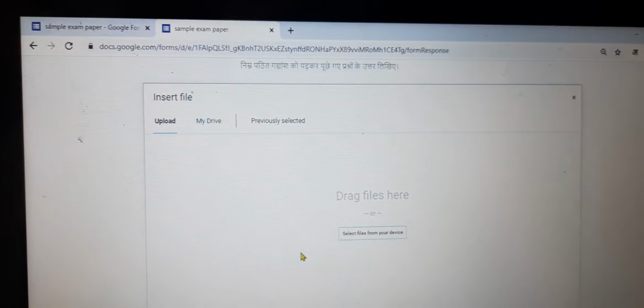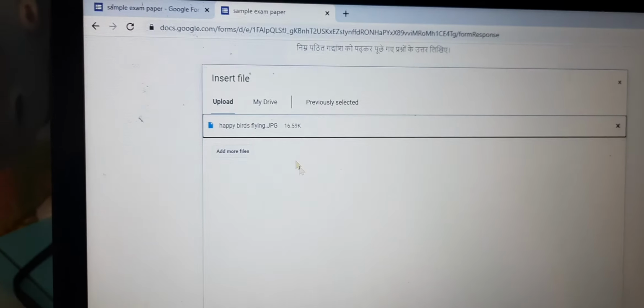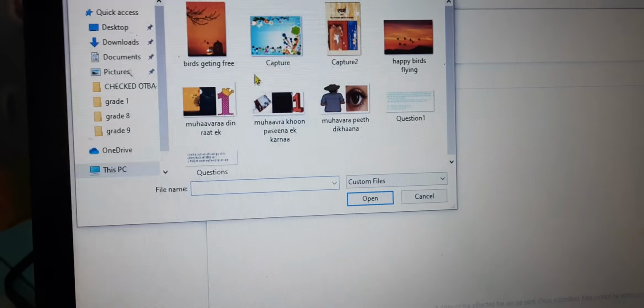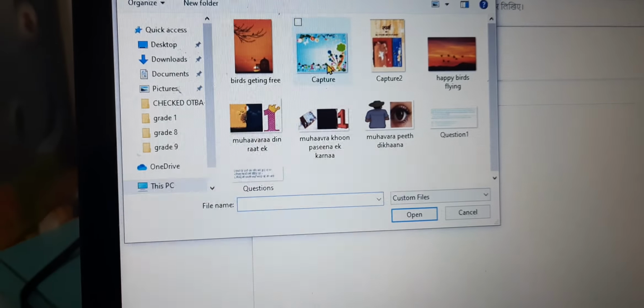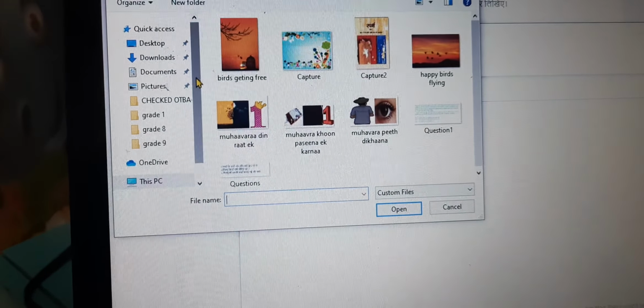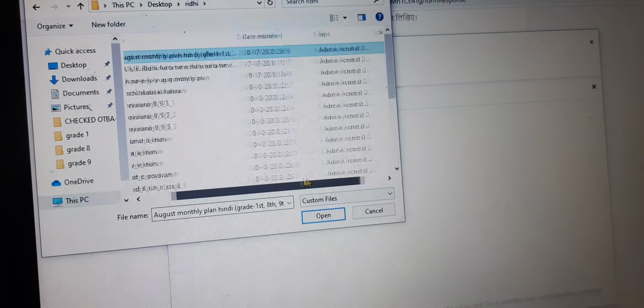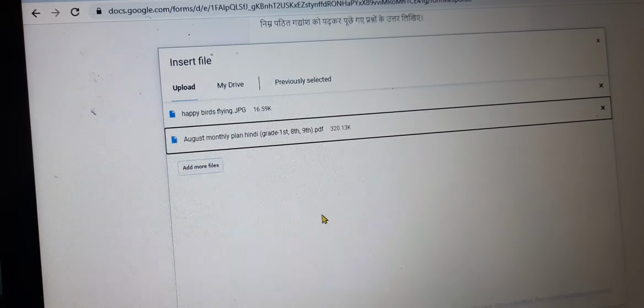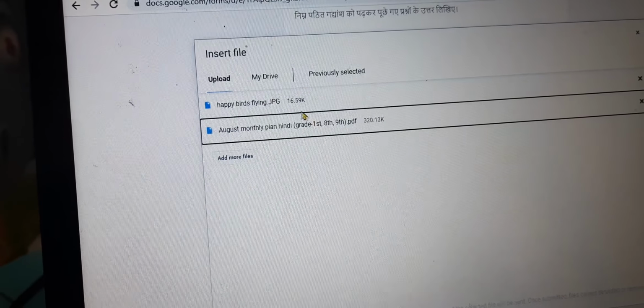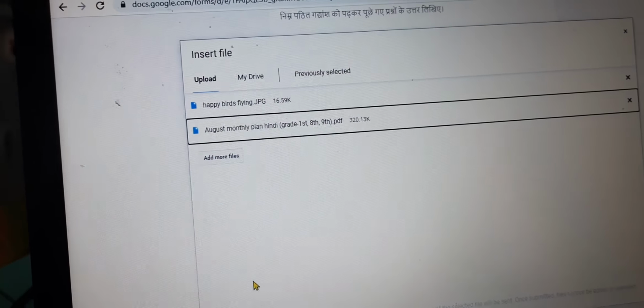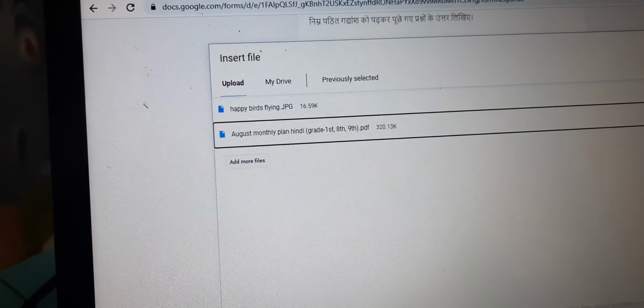I can upload this. It will show here. Since I had selected multiple files, I can add more files. Let's say this was page 1, this is page 2, or if I want, I can select a PDF also. So let me select a PDF. Let me just cross check the size. Yeah, it's enough. So either I can upload PDF, images, as many files as I want, and then I can click on upload.